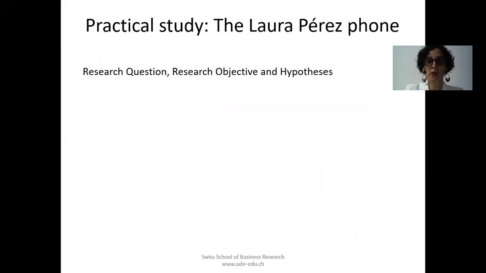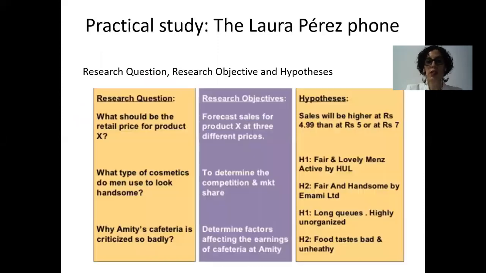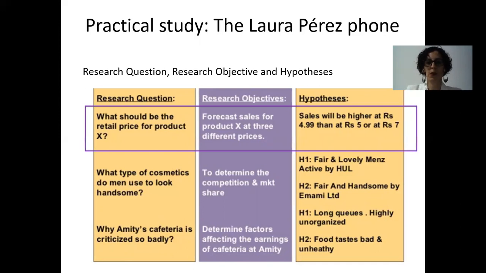So getting back to my phone, here we can see the difference between a research question, research objective, and hypothesis. So for example, here, this is my phone. What should I put as the retail price for my phone? My research objective is to forecast sales for my phone at 3 different prices, for example. And my hypothesis is, I believe that sales will be higher if I sell it at this price instead of